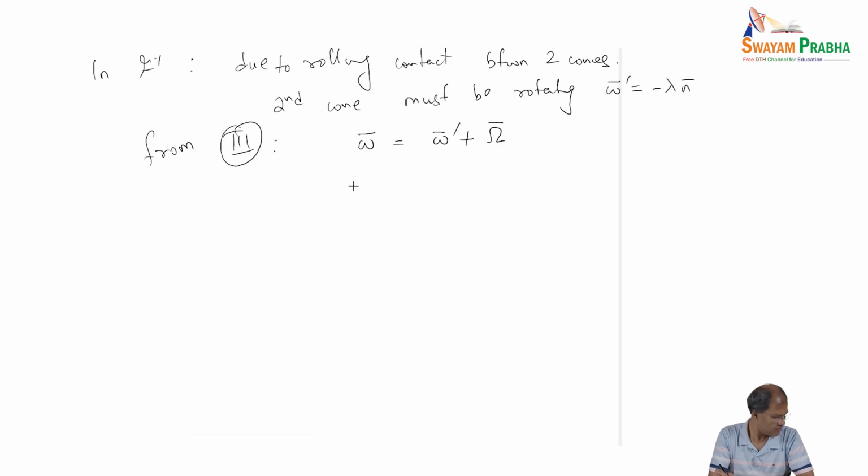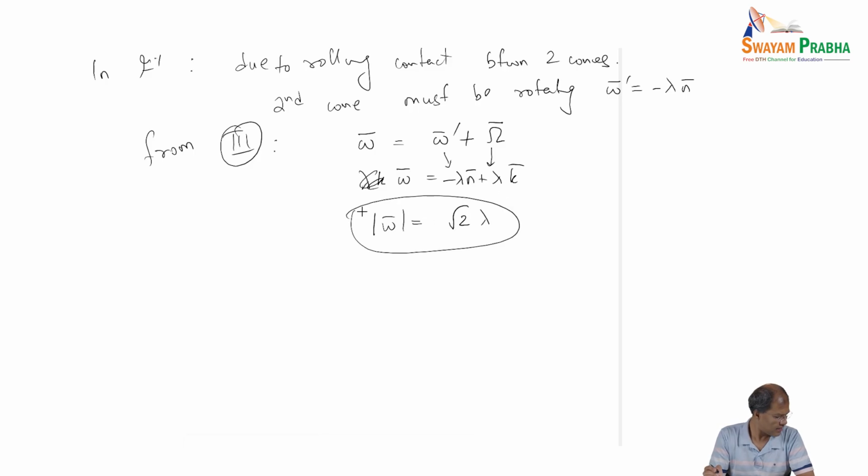And capital omega is lambda k and omega prime is minus lambda n, right? If we find the magnitude of this angular velocity, we see that it is square root 2 lambda. Okay, so then